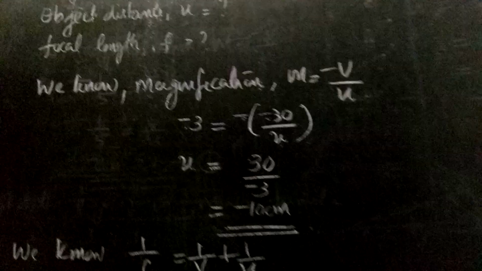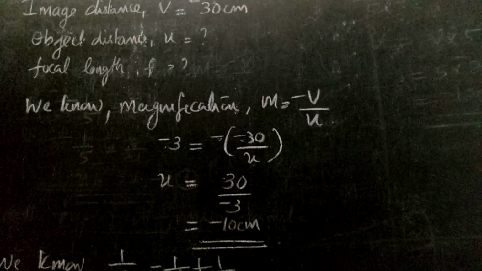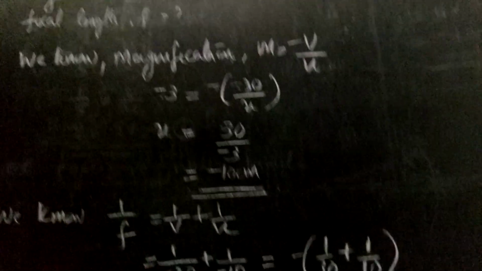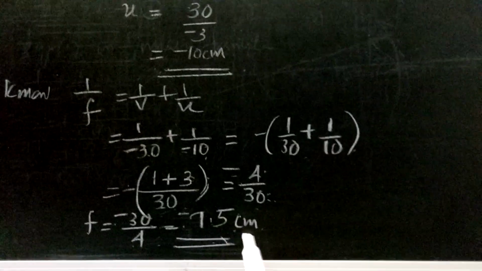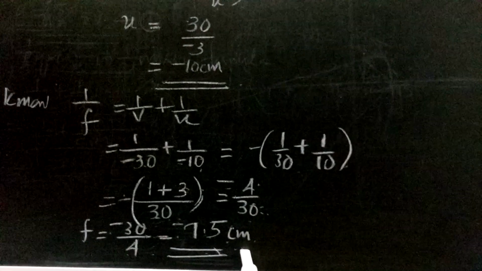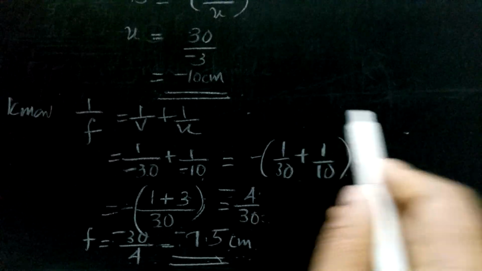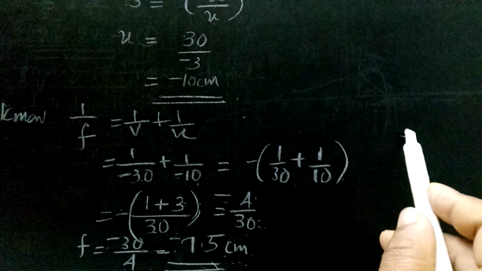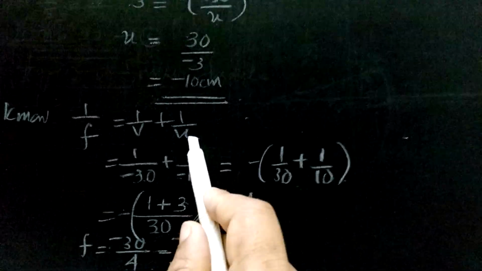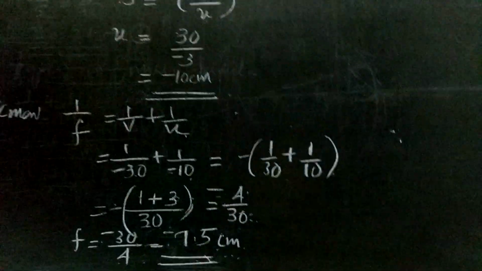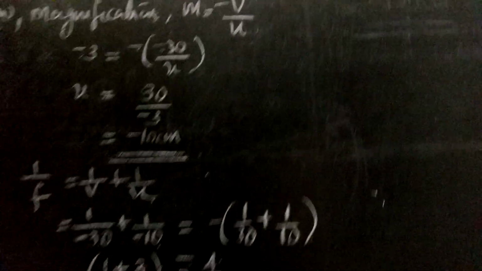What is the position of the object here? Focal length now you got 7.5, then object distance negative 10. So what will be the position? R means radius of curvature, double of it, that is 15 centimeter. So object distance 10 lies between 7.5 and 15. That means between C and F. The position is between C and F.